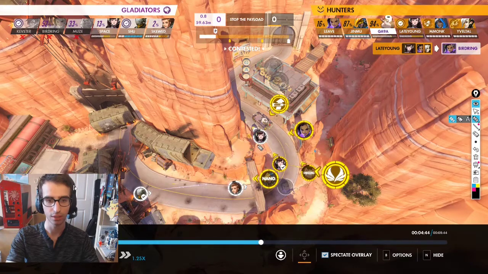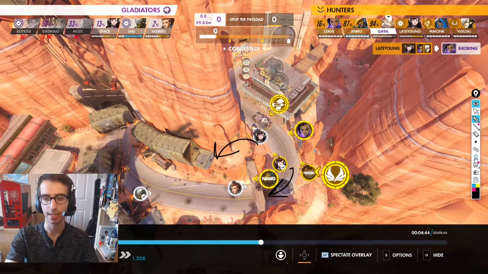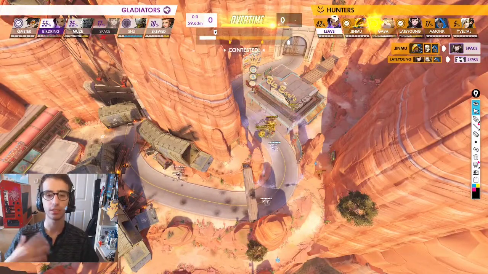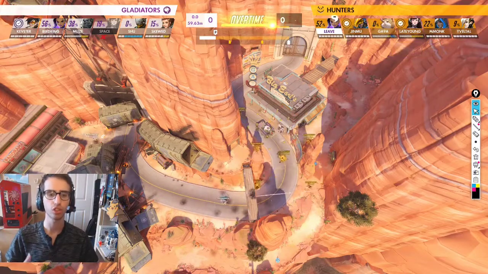You still see Jinmu hugging that left side, two people going over here, right? You're still seeing people try to take more than one angle compared to three angles, right? And again, this is a little bit easier on defense. On attack, it's much harder because you have to try to get through this choke. But remember, this is the strength of Chengdu, and when they play these compositions, they're so strong because, as you